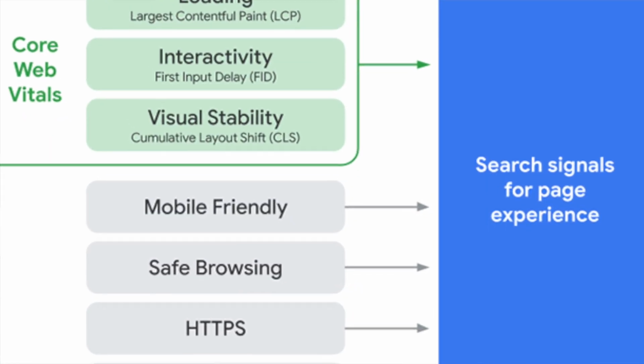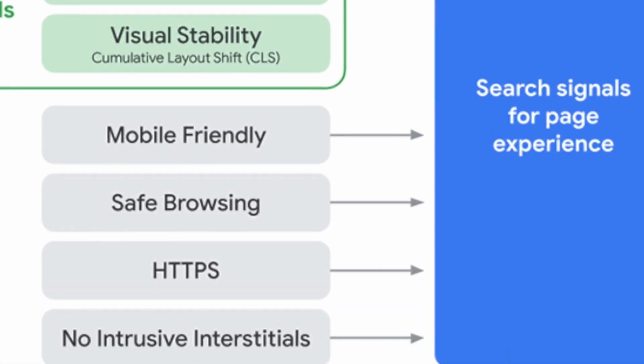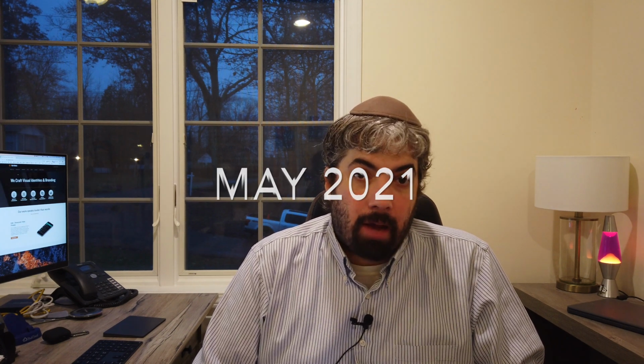saw changes there. Google officially announced the date of the launch of the Google Page Experience update. That's where Google is going to take into account the Core Web Vitals metrics, page speed, a bunch of different metrics like we had before, HTTPS and so forth, but now also bundled into this Core Web Vitals package, which you can see in this chart over here. The date will be in May 2021, which is a 6-month time frame from now, so you have time to